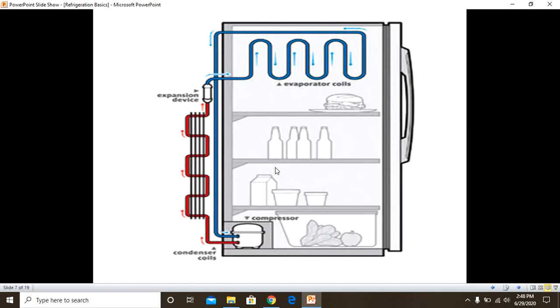See, the refrigerator system that you are using in your home is shown here. An evaporator coil, compressor, and thermostatic expansion device will be there. This will be the condenser. This is the sketch of a domestic refrigeration system, where you store perishable items like food items, beverages and pulses, whatever you store here. This space is called the evaporator coil. This should be maintained at a very low temperature.